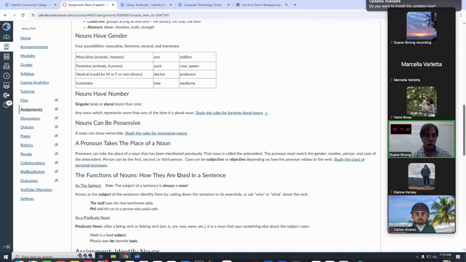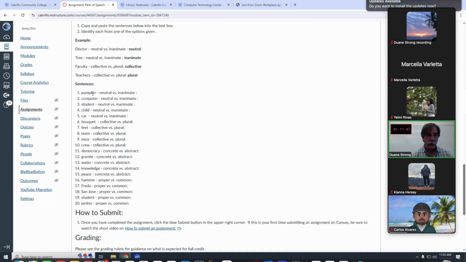So I'm going to ask you, a pumpkin, is it neutral or inanimate? I sort of already gave you this one, right? I said pumpkins, some people say they have a gender. Not in grammar. In grammar, it's not able to walk itself around or slither around. It is inanimate, right?